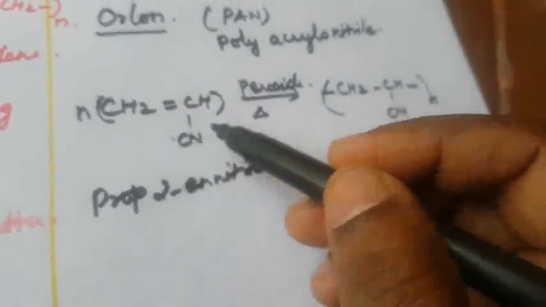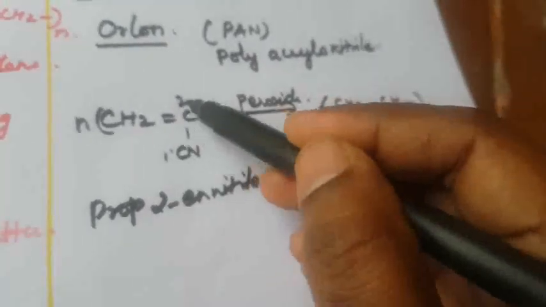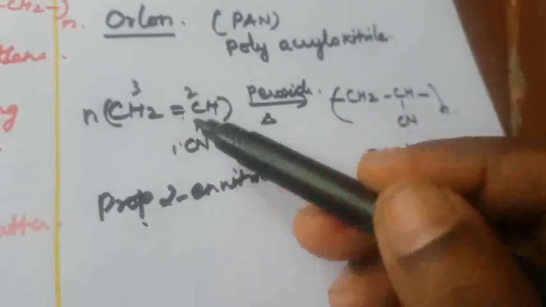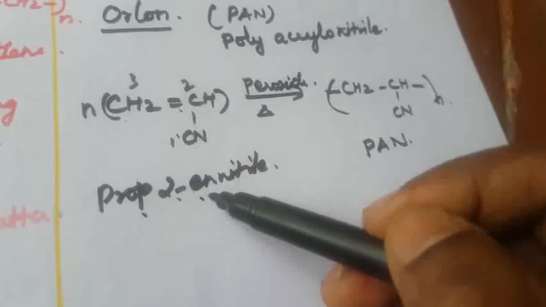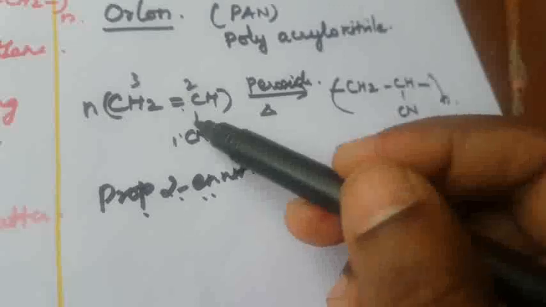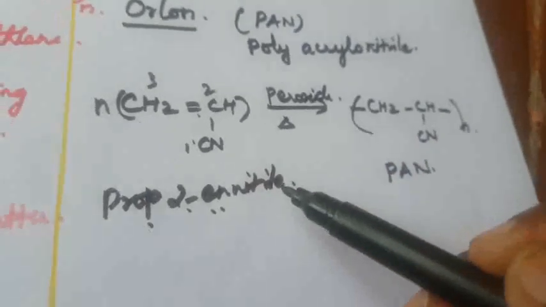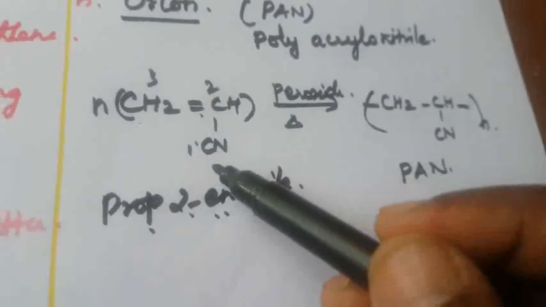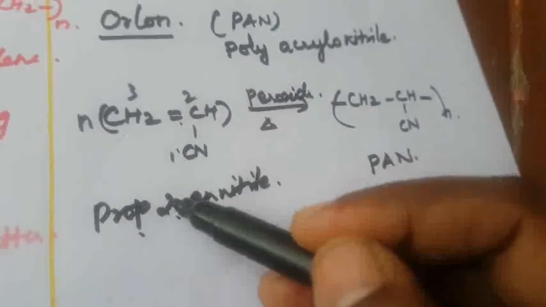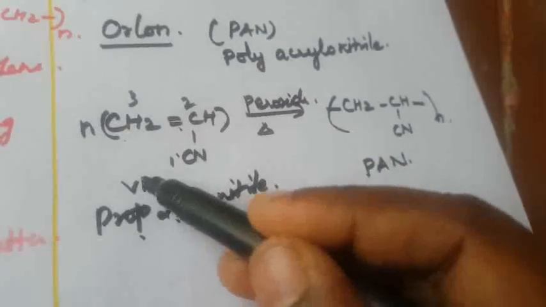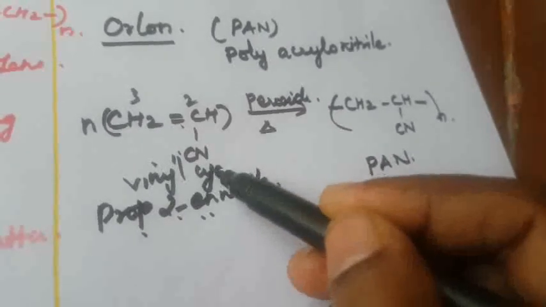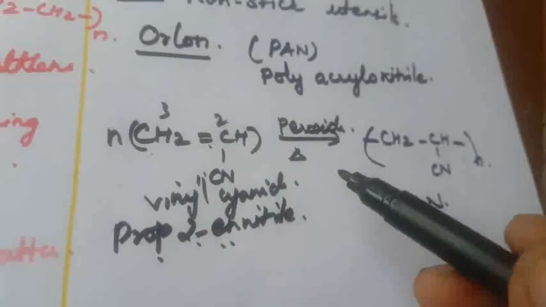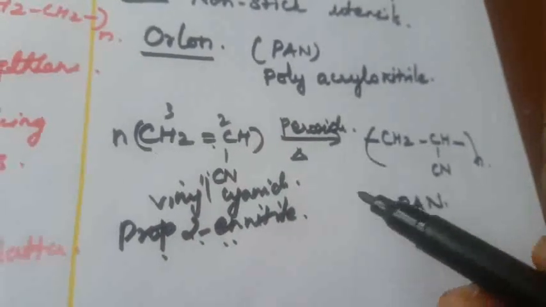What is the IUPAC name of this compound? How many carbons? 1, 2, 3 carbons are there. So the root word is prop. The second position contains a double bond, so that is 2-ene. And the next one, CN, ends as nitrile. So prop-2-enenitrile is otherwise called acrylonitrile or vinyl cyanide. That is the common name. This compound can be heated with peroxide and it is used as a substitute for wool